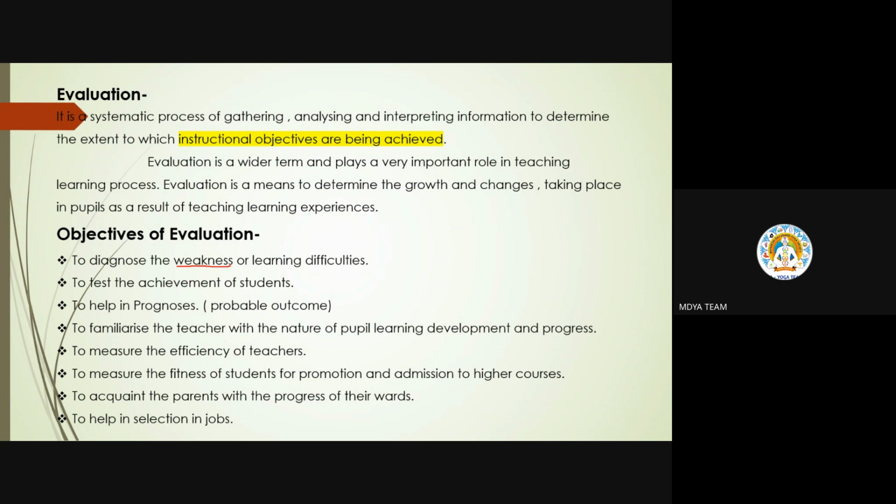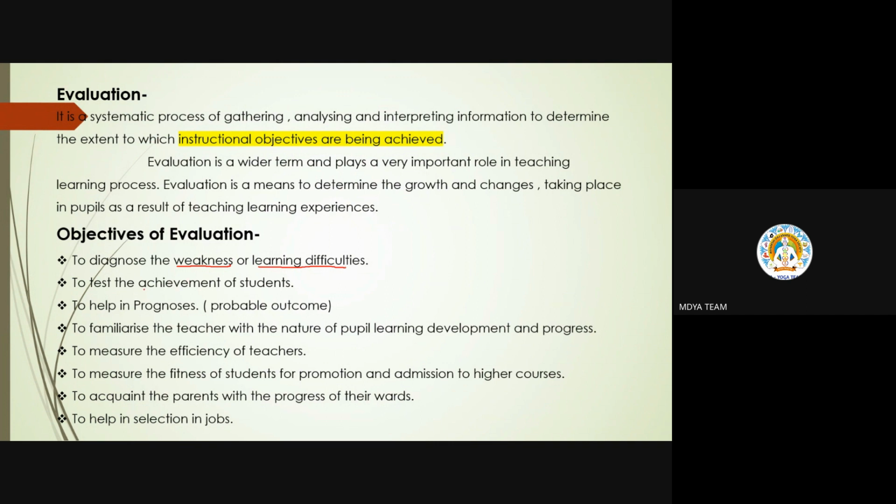So with the help of evaluation, a teacher can diagnose the weakness or learning difficulties, and further the teacher can remove it by taking some extra care of that particular thing, or by some other means. So it helps in the diagnosis of the weakness and to work on that thing,